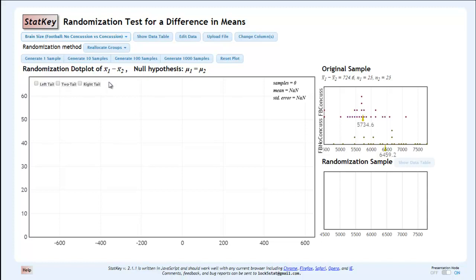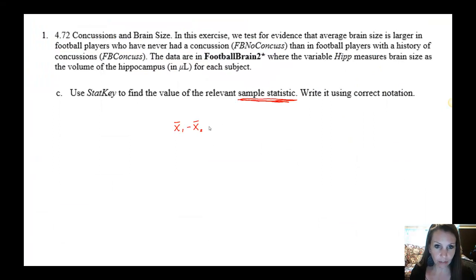Now I can find the appropriate sample statistic by looking over here where it talks about the original sample. So the appropriate sample statistic for the difference of two means is x bar 1 minus x bar 2, which in this case equals 724.6. So looking at StatKey, we were able to discover that x bar 1 minus x bar 2 is equal to